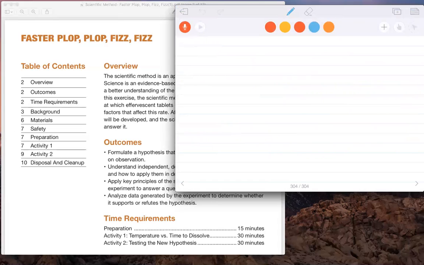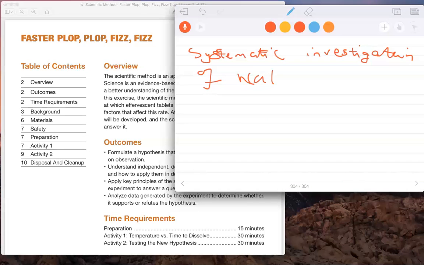I'm looking for my stylus to write the general definition. This is simply systematic investigation, all right, investigation of nature that requires